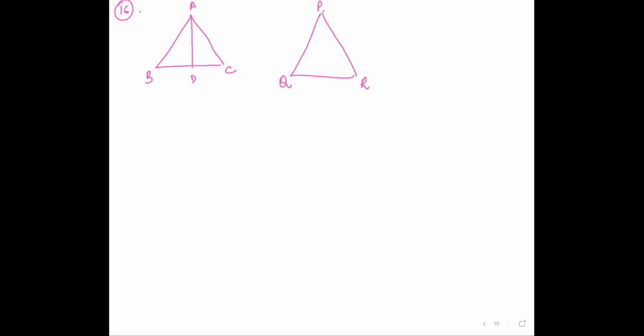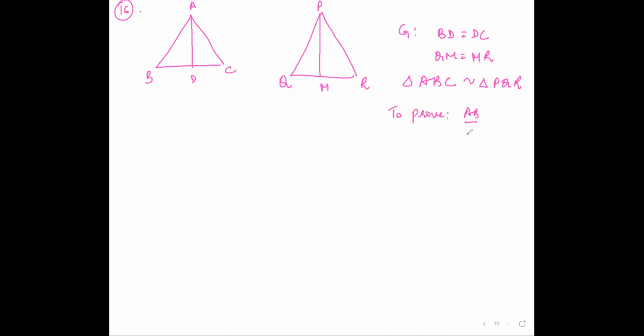So median means it is given in the question that BD is equal to DC and QM is equal to MR, right? It is also given that triangle ABC is similar to triangle PQR, and you have to prove